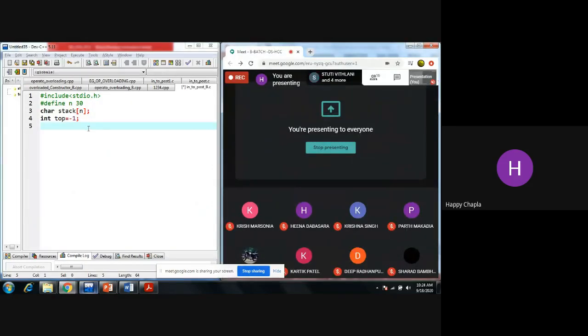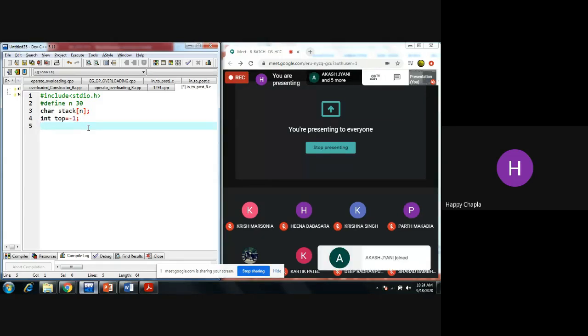Okay, I hope you all are doing the code with me. Afterwards if I ask you to share the screen, be ready at that time. And if you don't have a system with you, then please do the code on a mobile phone. We have one application in which you can do that.